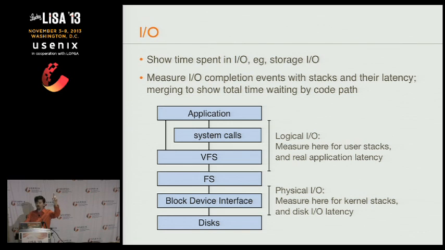If I measure logical I/O, that's really useful because I can see all the I/O that was issued, and I typically can do it in application synchronous context, which means if the I/O was slow, the application was blocked waiting on it. If I trace down at physical I/O, by the way, the block device interface, every time you run iostat, you're looking at the block device interface. And a lot of monitoring software out there gives you statistics based on that layer. What happens down at the block device interface can be completely asynchronous to what's happening for logical I/O.